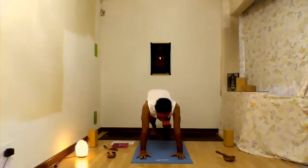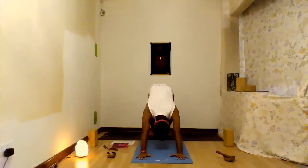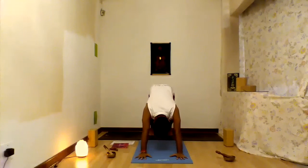Coming up into Urdhva Mukha Svanasana. And releasing back to Adho Mukha Svanasana for 5. Slowly drawing into your Ujjayi breathing, becoming more aware of it. As we start to become aware of what it feels like,